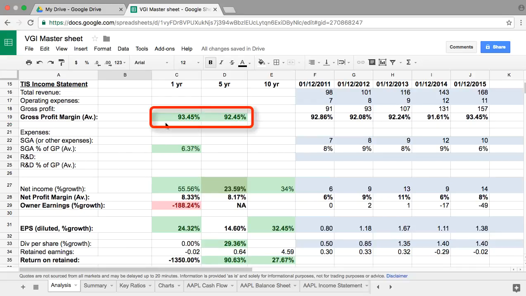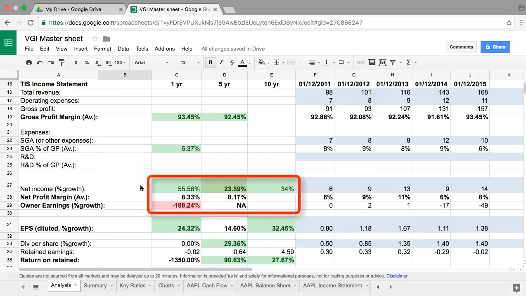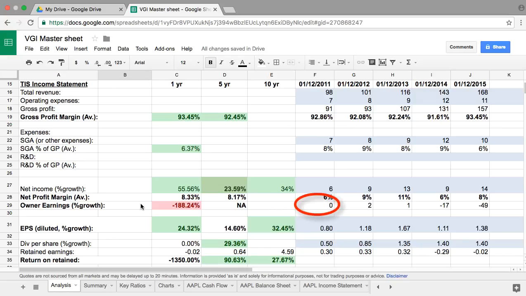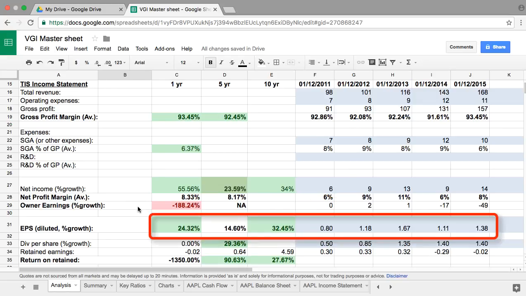And here we have averages for the gross profit margin over 1 and 5 years, which are very good. And net income growth is also quite good, but the net profit margin is fairly poor in my opinion. Owner earnings have been actually negative in the past year and can't be calculated for 5 years because 5 years ago owner earnings was 0. Earnings per share growth over 5 years is lower than I would like, and earnings have also been a little bit erratic, taking a dip in